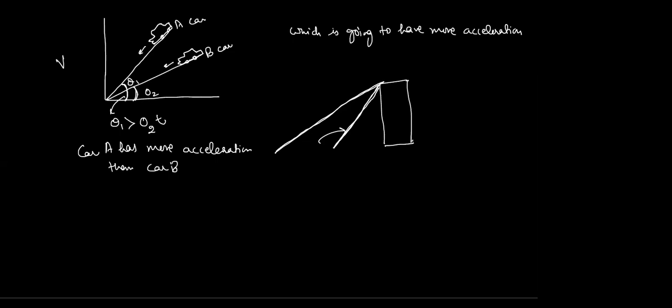We can also calculate that. How can I prove that car B has lesser acceleration or car A has more acceleration? It is simple: if I take a particular time period, let me take this time period. Everyone, just listen to me. If I need to calculate,